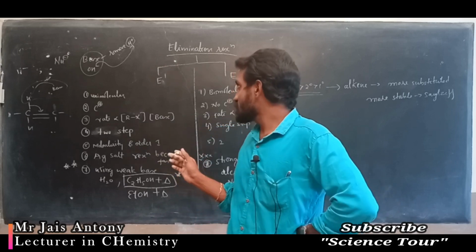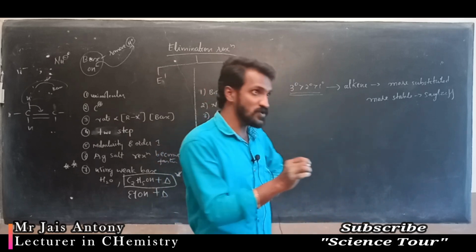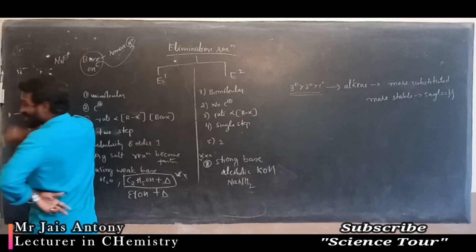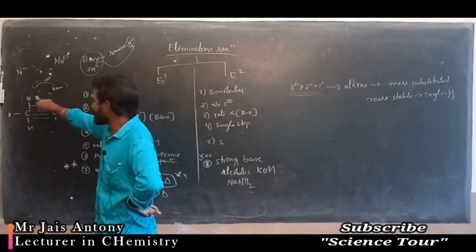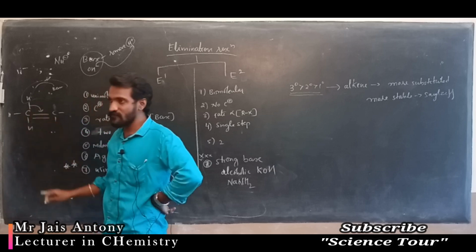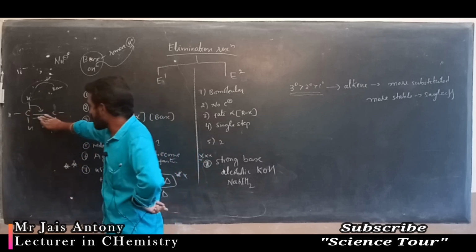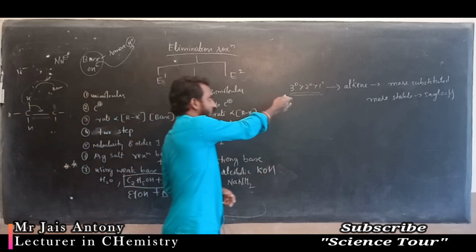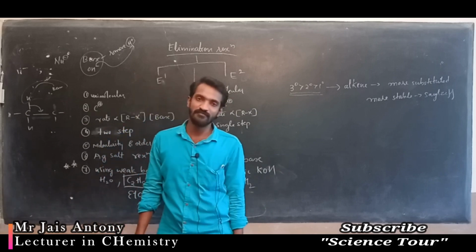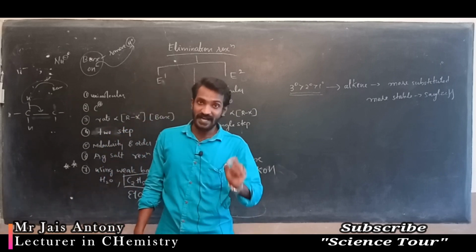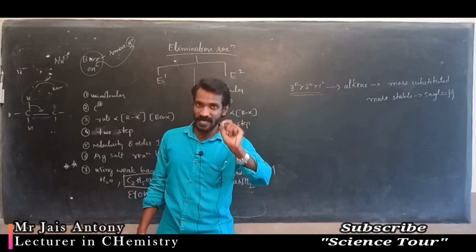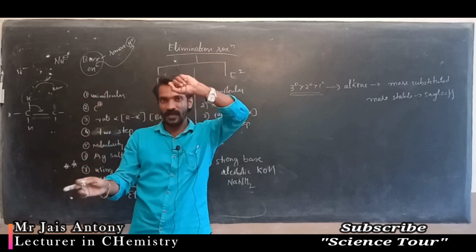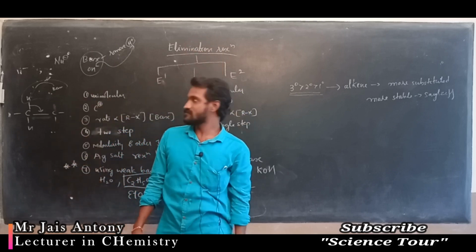Abstraction of H. And nucleophile is different. Nucleophile means it will go and attach to carbon, not to H. Base will go and attach to H, and that bond comes back and forms a double bond like this. Okay, this bond comes here and forms a double bond, alkene formation. We are getting the product alkene. In E1 and E2 elimination reactions, we are getting the product alkene. Correct? That is a very important note. Base attacks H and that bond comes and forms the alkene.